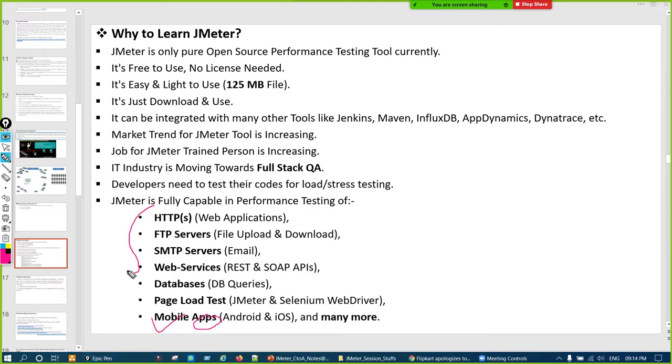But basically all of these will be covered, and like 70 to 80% of projects in the IT industry are generally web applications only. And what is a web application? A web application is any application that we open through a browser, okay, www dot and anything. Those are all called web applications, and 70 to 80% of projects going on in the IT industry are web applications. So that's why they can be easily tested using JMeter, and JMeter is gaining popularity, right.